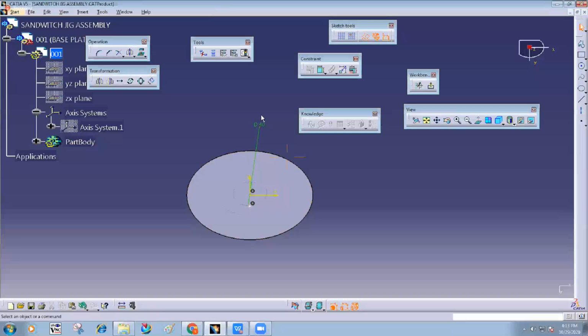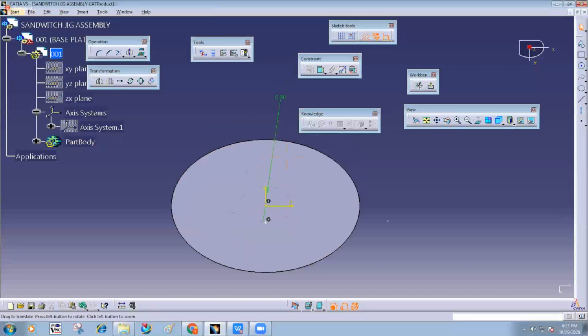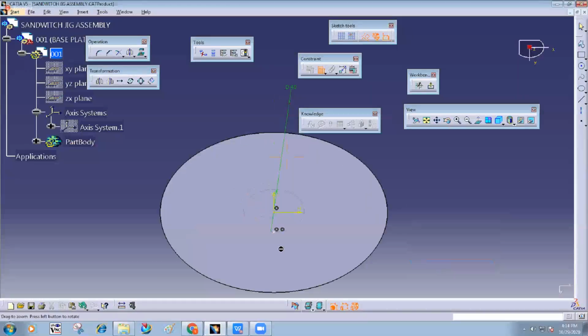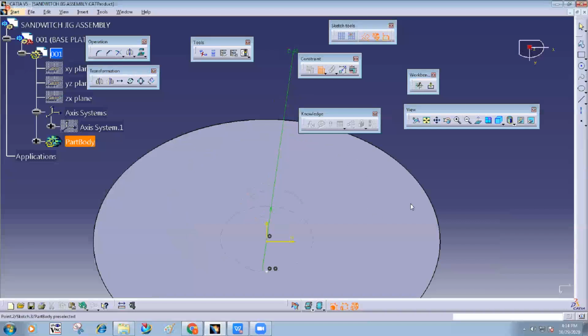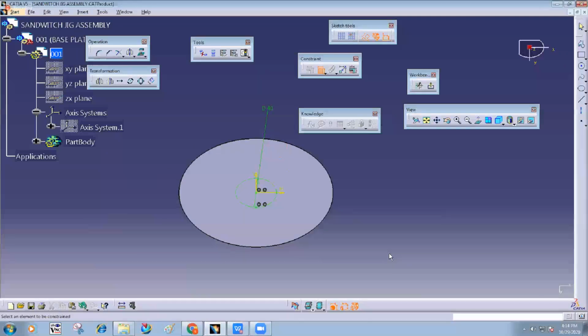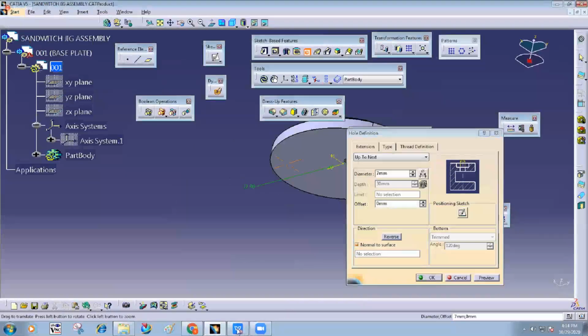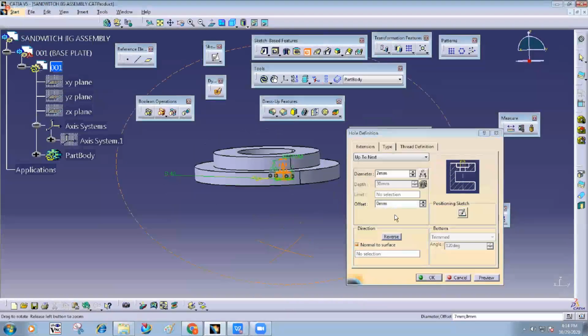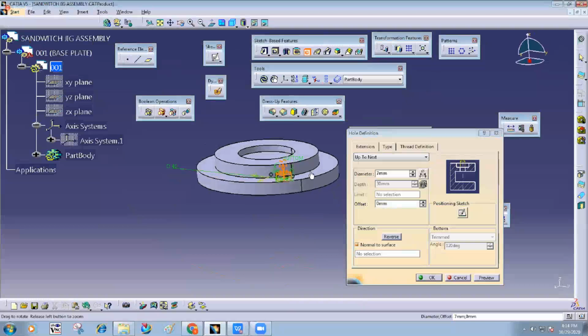And now define this point over here. Also the center should be located here. Click on exit, see preview, click on OK.